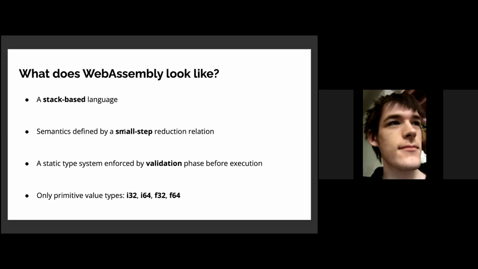This type system ensures, among other things, that an operation only pops values from the stack if a sufficient number and type are statically guaranteed to be present at that program point, i.e. there are no stack underflows. WebAssembly currently has no first-class function references or any kind of structured type at the value level. All WebAssembly values on the stack belong to one of the four types listed on the slide. I32 and I64 are 32 and 64-bit ints, and F32 and F64 are 32 and 64-bit floats.